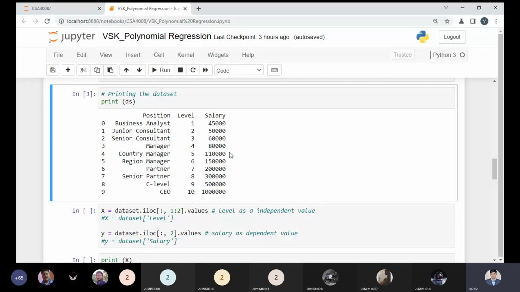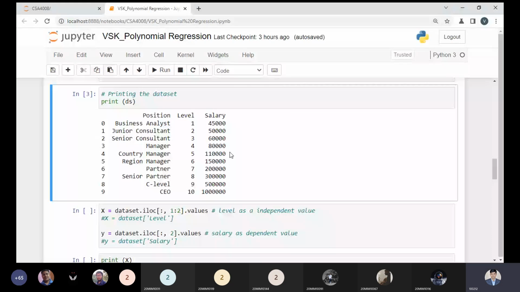C level CEO, senior partner, regional manager, country manager, senior consultant, junior consultant, business analyst are the various levels. At the top we have the CEO, who is at level 10, the high-level person, and his or her salary will be high. Respectively, we have a salary structure for each and every position and level.